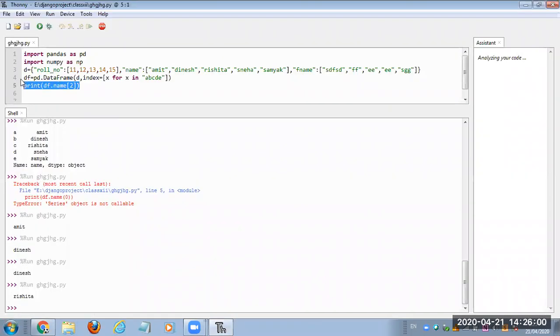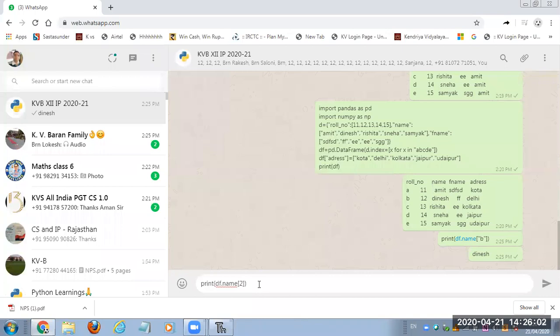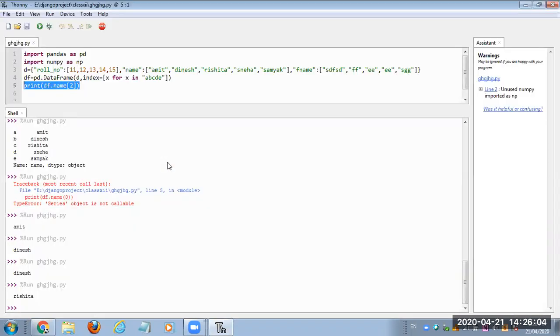So I can provide the default indexes, or I can provide a particular value.